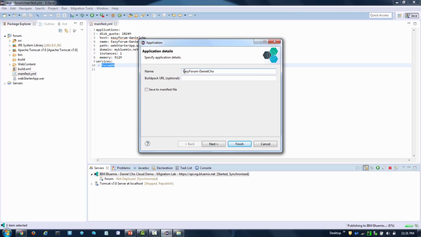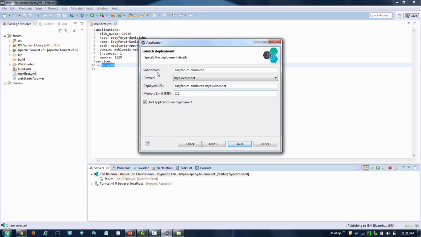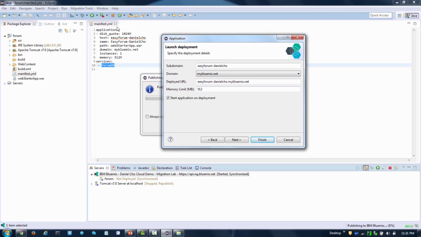I'm going to name it Easy Forums Daniel Cho. I'm going to click Next. Subdomain is Easy Forum Daniel Cho. As you see, side by side manifests, it picks up all this information from this file, and then the domain will be mybluemix.net, and the whole string